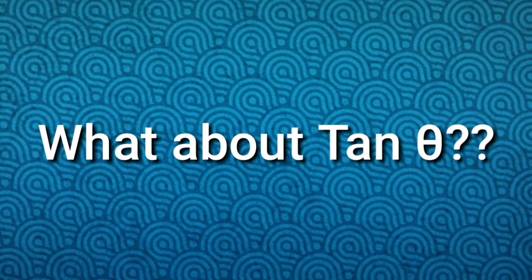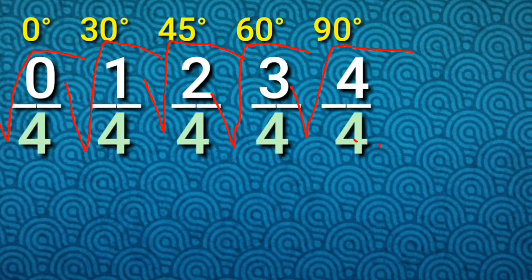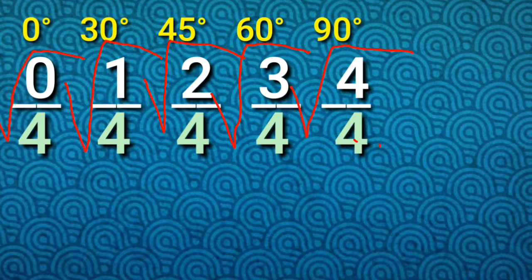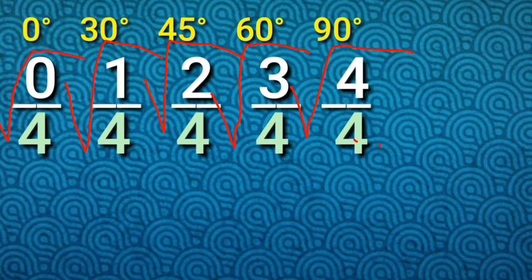What about tan theta? Just like sine theta, first write 0 to 90 degrees in increasing order, over 4, over 4, over 4, then put under a radical like sine theta, then